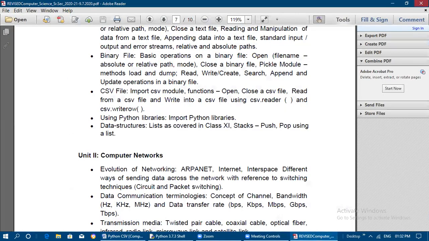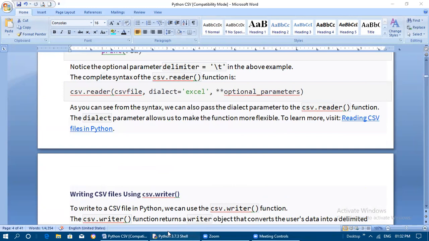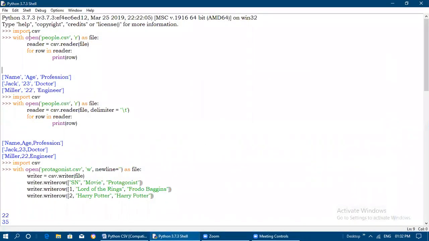Let us see how we got the output in the Python interpreter. See, in the Python shell, import csv I have used. With open people.csv in read mode as file, reader is the variable name, equal to csv.reader of file. This file is now pointing to people.csv.